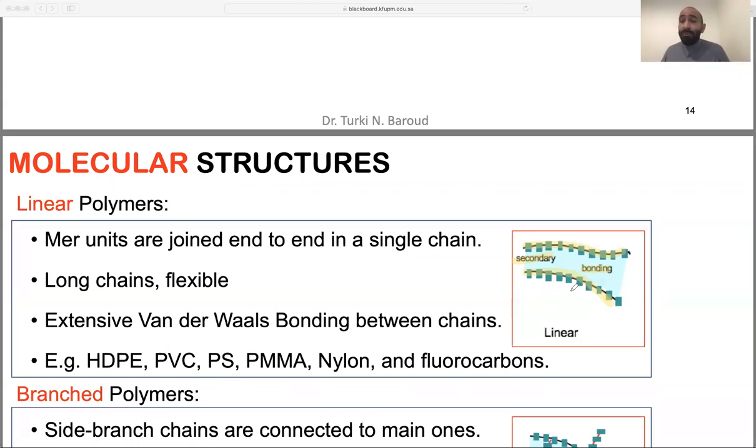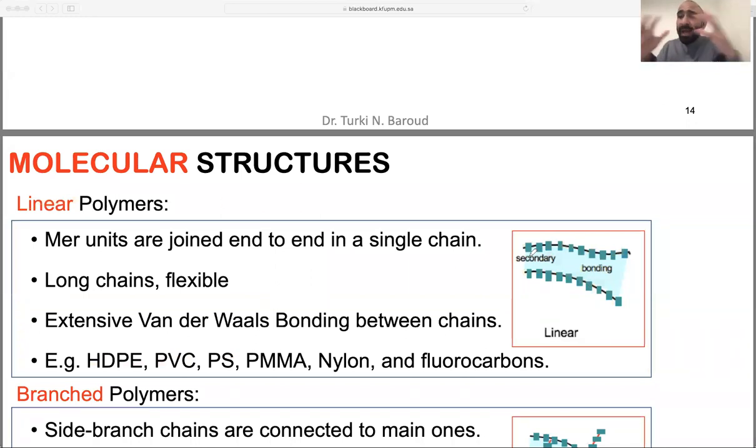And actually, this is one type of what's called thermoplastic. So thermoplastic materials, when you expose them to heat, become softer. And there are many examples of this kind of linear polymer, such as high density polyethylene, PVC, polystyrene, and the rest. Okay. Now, what I want you to notice is that because the chains are flexible to move,